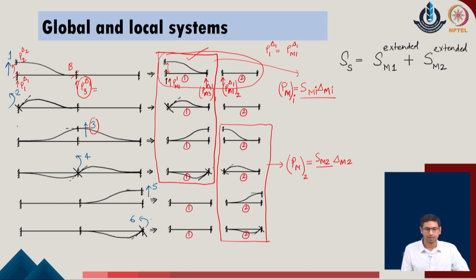Now, we realize that as the system follows the kinematic conditions, the delta parameters which are defined in the original system, that means the delta 1 value for the problem 1, or delta 2 for the problem 2, or delta 3 or delta 4 subsequently in the given system, are reflected in the same magnitude in the structural system or the member system as well.